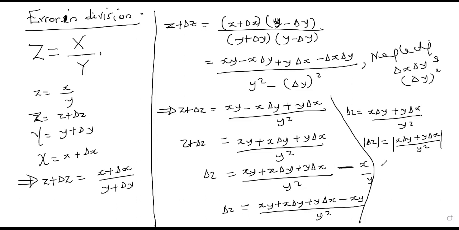When you bring in that triangular inequality, it means that delta z is less or equal to, you factorize out x, then delta y plus y delta x everything over y squared. So this is how we get the absolute error. Then let's look at how to get the relative error. Remember, our absolute error is delta z less or equal to